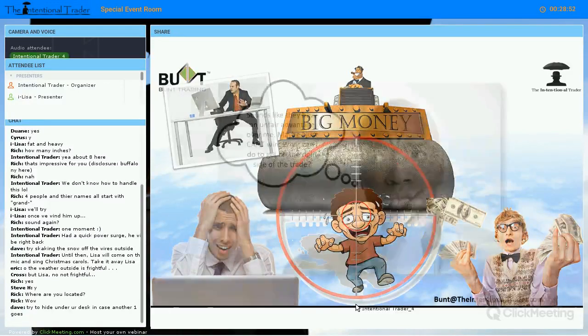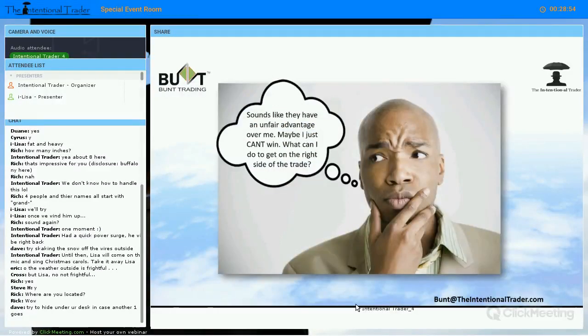All right. So sounds like they have an unfair advantage, right? Maybe we should find some other way to make money because maybe we just can't win. You know how many people have come to me and said, I just don't trade anymore because the market makers, the HFTs, that was a big thing that people talk about, the high frequency traders. They have such an advantage over us retail traders, it's just not fair. Well, to be honest,